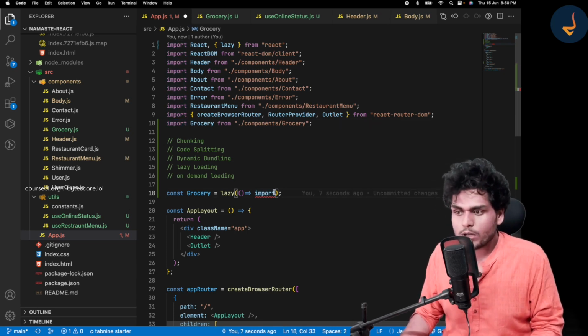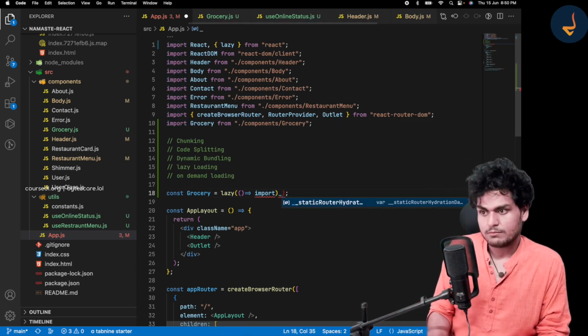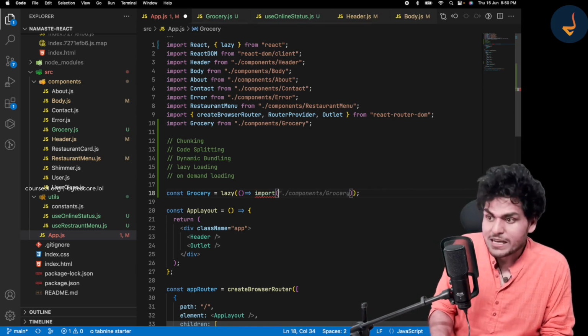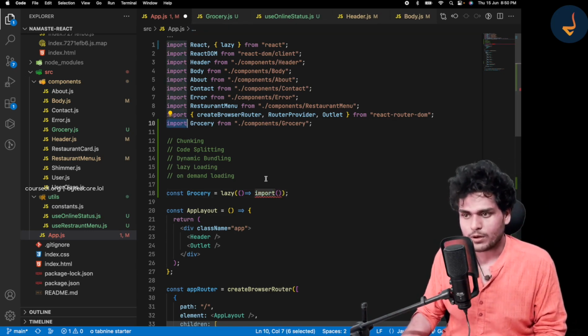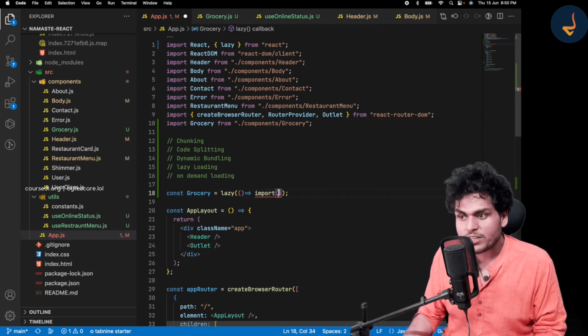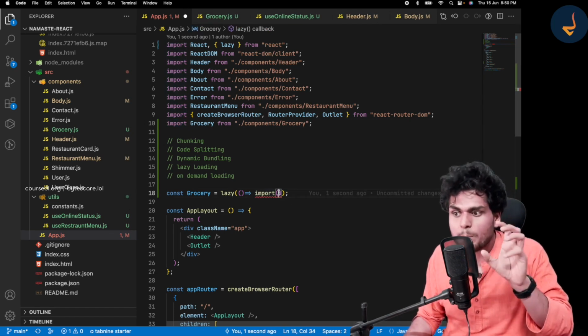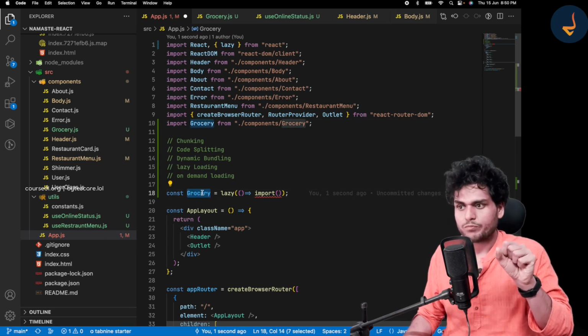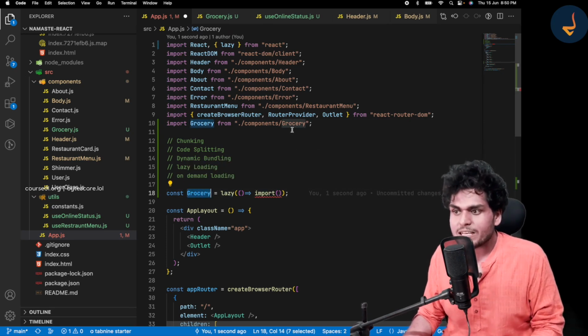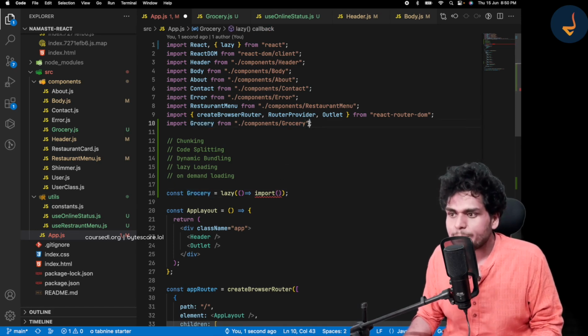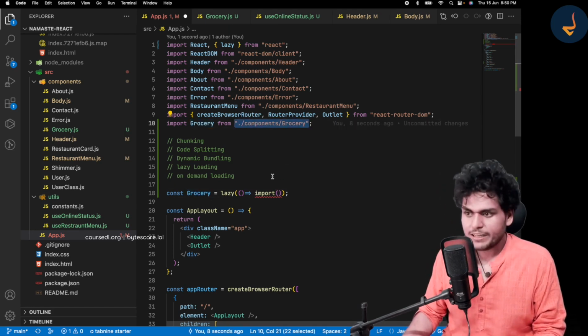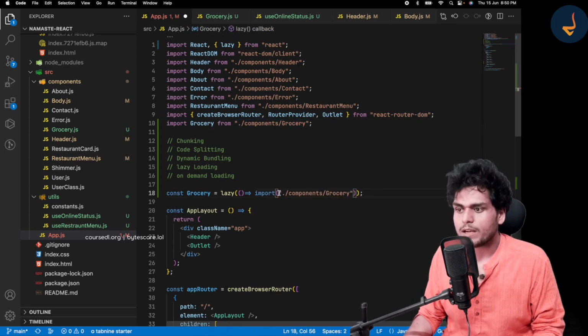This import is basically a function. This function will take the path of the grocery, where it needs to come from. Basically, this import will take the path of my grocery component.